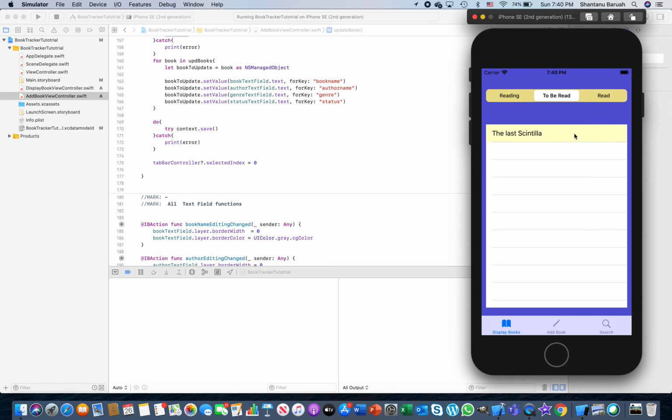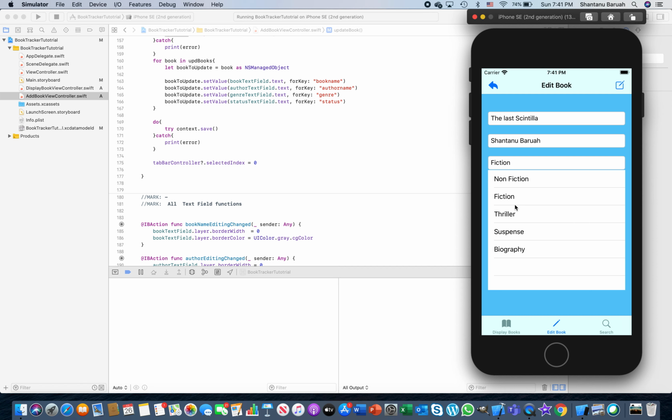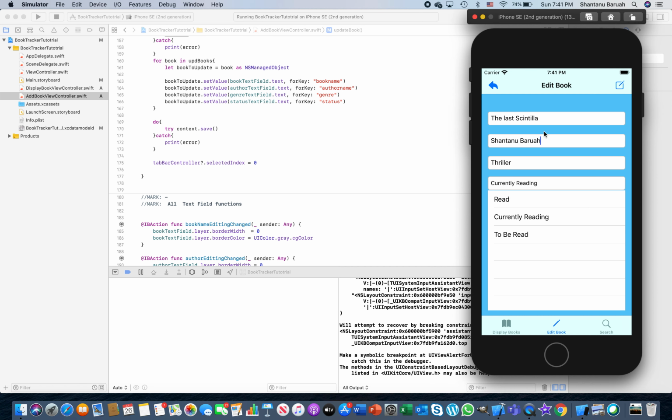It is in to be read, so we'll make a change by saying reading, right? So if it is reading, it should come here, right? Okay. Say update. I say currently reading. Fiction, I'll make it thriller. How about that? And the rest I'll make the same. Once it is done, look, I have come from there. If I save it now,